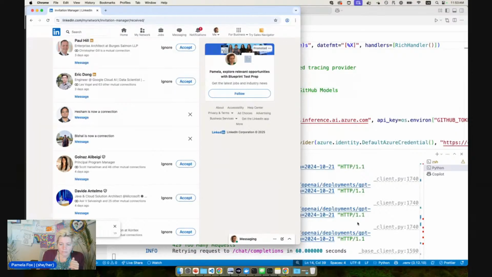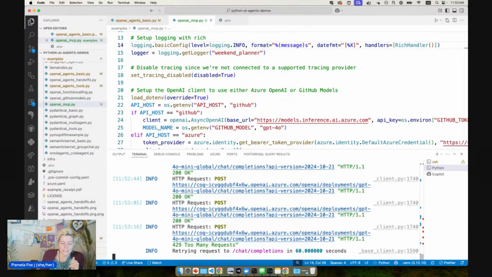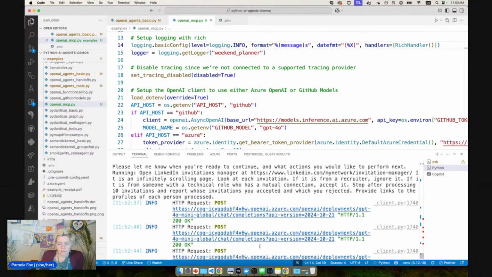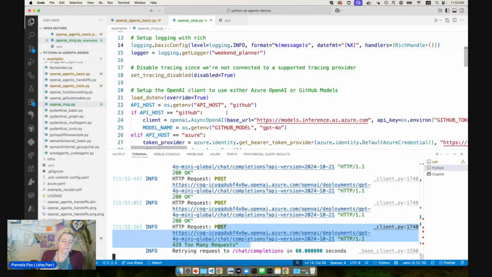Retry the request to chat completions. Oh, look at that. It's getting 429 too many requests. Okay. So this is actually using up more quota than I have, because it's running a lot of requests quickly. And that's interesting because this one I do have a higher quota on. I have 100,000 tokens per minute, which is a decent amount,